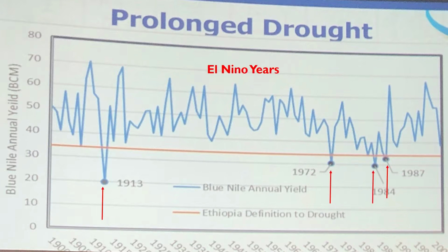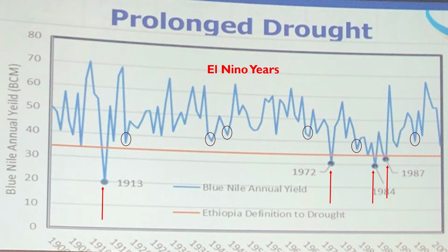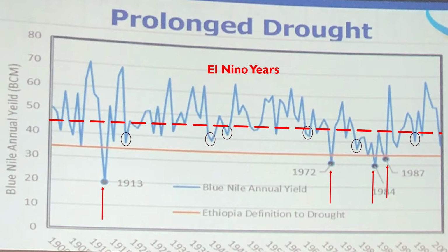But I did a little bit of something extra: I checked these years. And guess what? All of these years happen to be El Nino years. And those are not the only El Nino years; we have other El Nino years as well. The circles that I'm highlighting are very common, known El Nino years, which directly will affect the whole system and would push this line, where we are looking into the drought level, to something which is much higher.